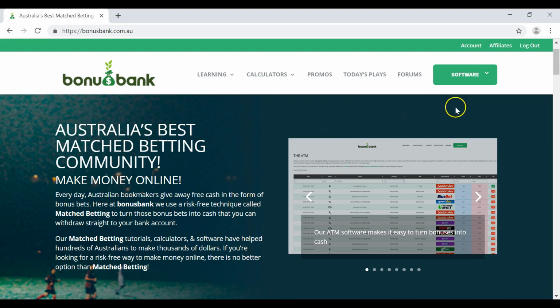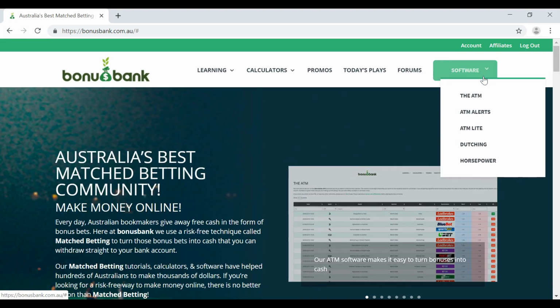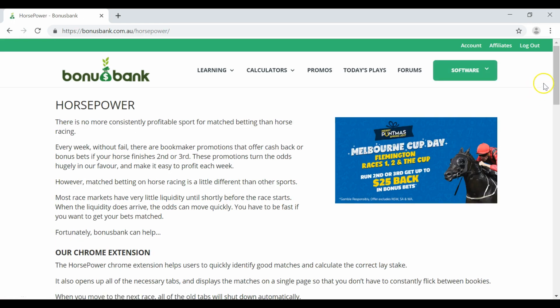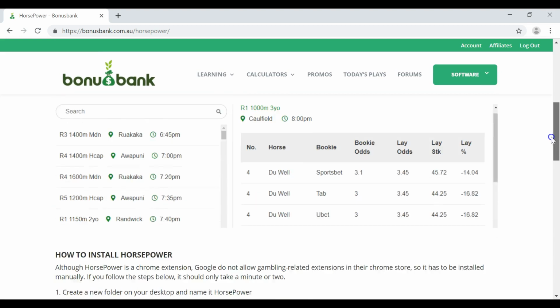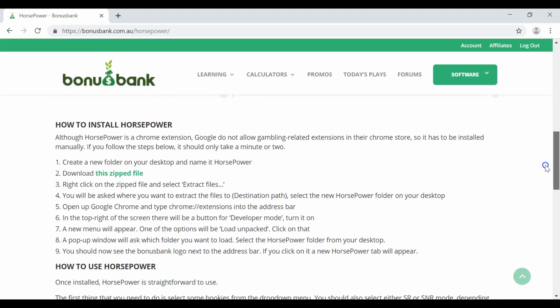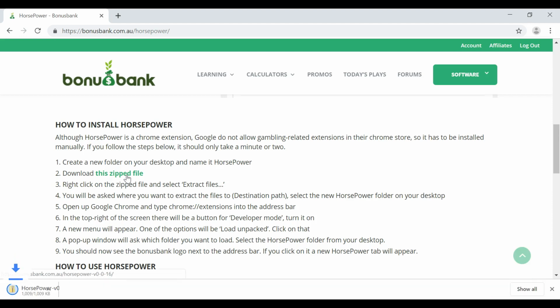And the first step is to click on the software drop-down menu and then select HorsePower. And that's going to take us to a page where we can find the download link. So about halfway down this page, you can see instructions on how to install. And there's a green link button here, and if I click on that, it's going to automatically download the file